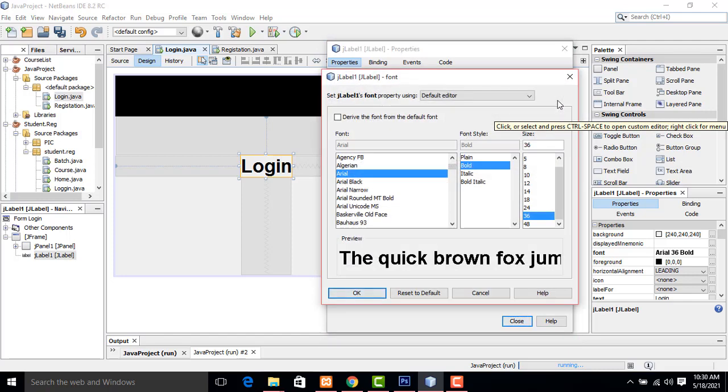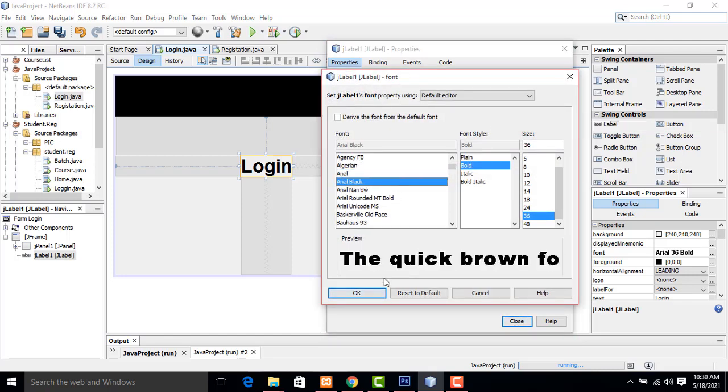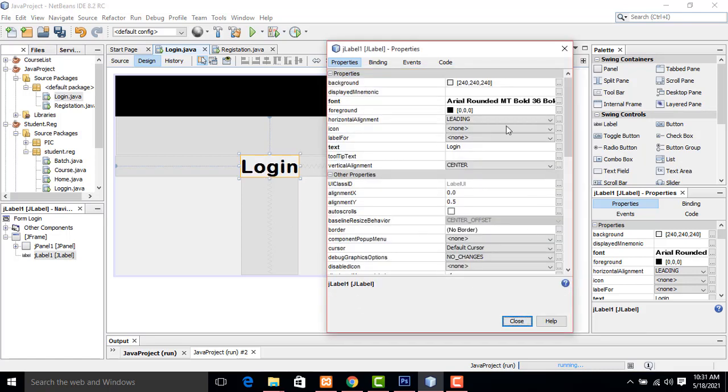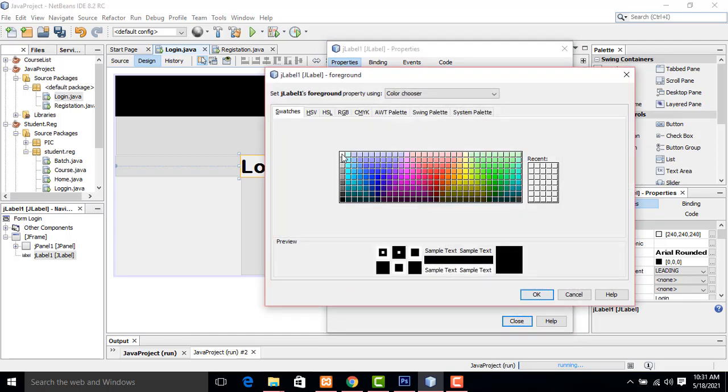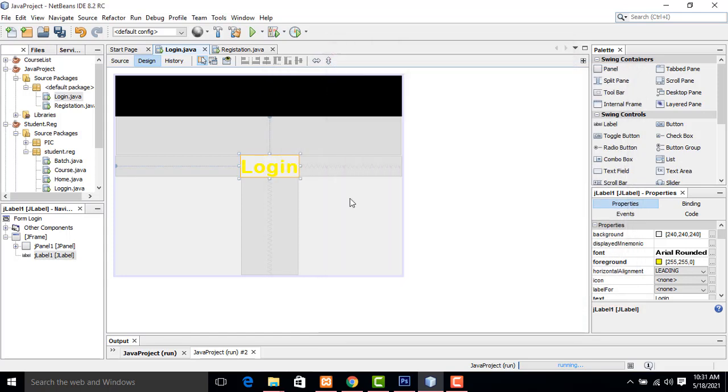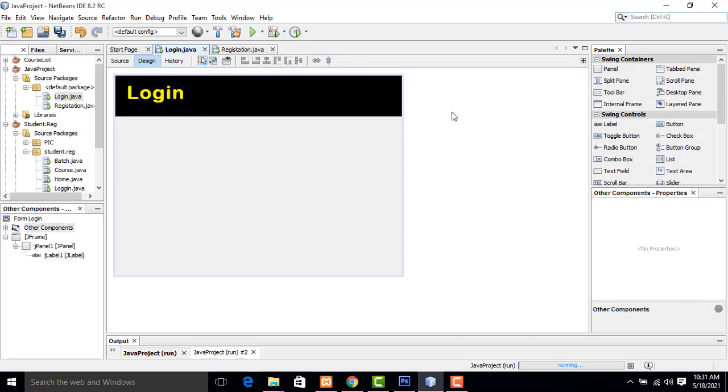The Arial black or Arial narrow round, this is the best, Arial narrow, right? Now here the foreground color I am going to give as blue, yellow is the best. It's nice. Okay, this will look nice.